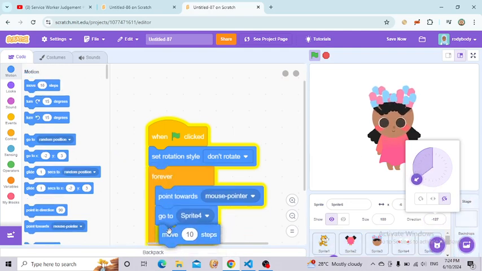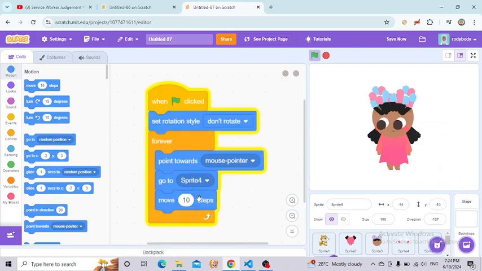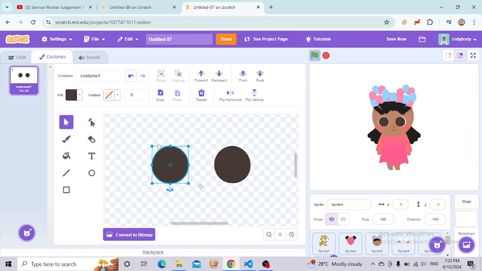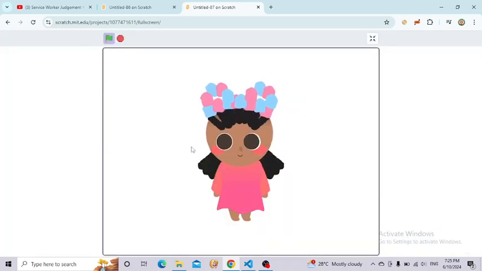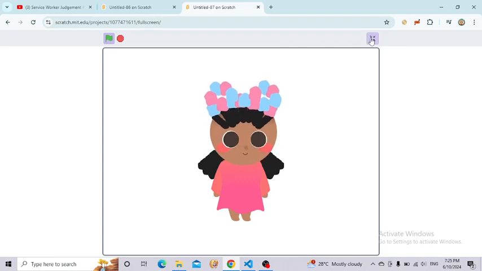So now move 10 steps. As you can see, it's already working, but 10 steps is just too much. 1 step. Okay, 1 step is good, but its eye is just glitching. Okay, so now I'm pretty sure this is okay. So now it's just a character looking at your mouse. It is good and all of that, but